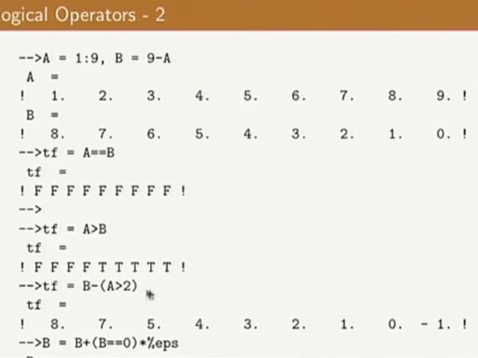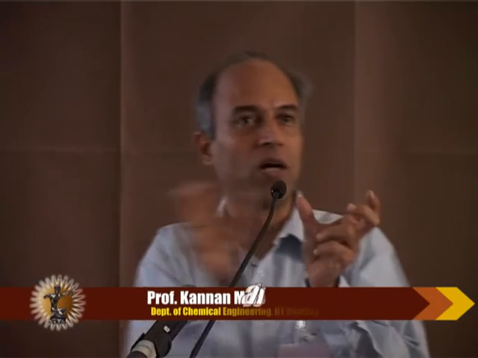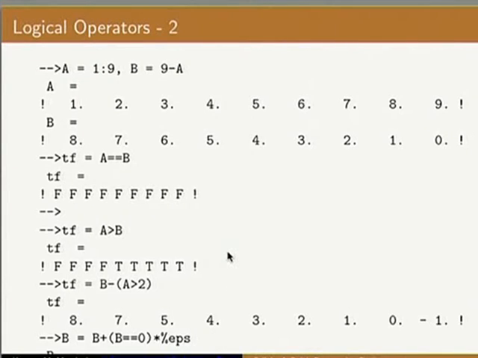And then I am subtracting that from B. So 8 minus 0, do you follow that? I am saying A greater than 2. When I compare entries of A with 2, the first two are less than or equal to 2, so they are false. In other words, they are 0, 0. All others are 1. I am subtracting this vector from the B vector. So the first two elements don't change. 8, 7 remain as they are. All other things come down by 1. So it is 5, 4, 3, and so on.